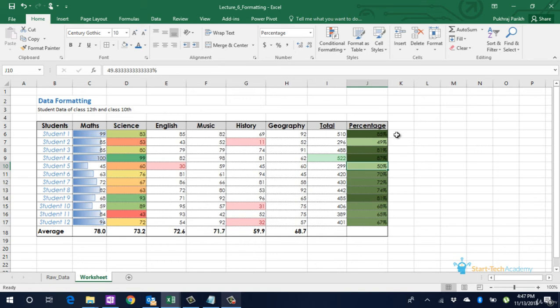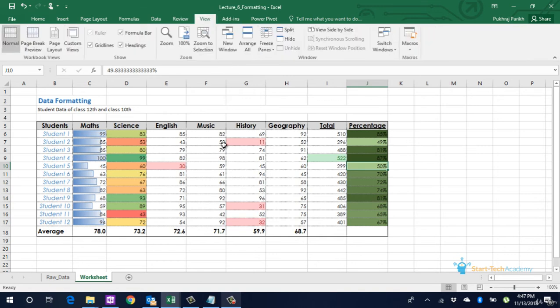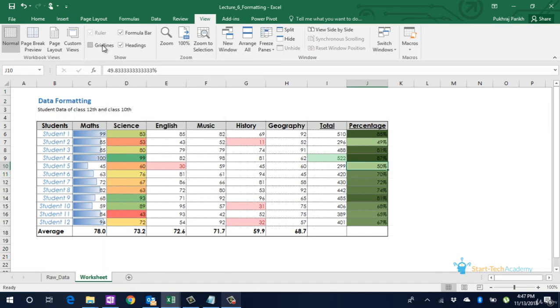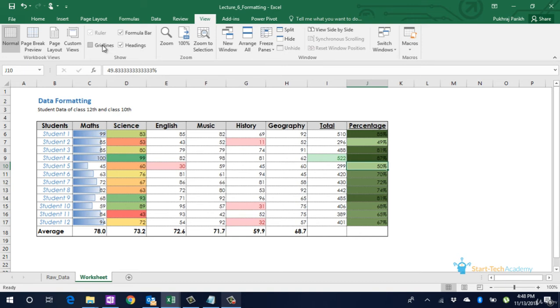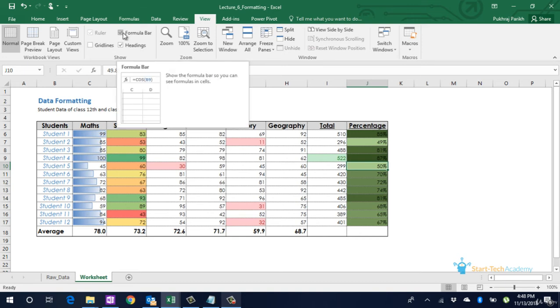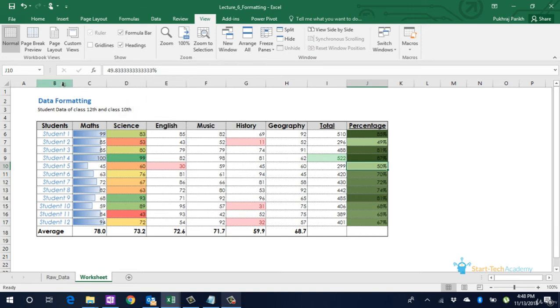Next, we look at some of the options available in the view menu. In view menu, you can see that there are 4 checkboxes. One is grayed out. There is one option of grid lines. If you uncheck it, you'll see that the grid lines around the table have been removed. This particularly highlights the data table and the cells that contain the data. All the other cells, the boundary for those cells have been removed.